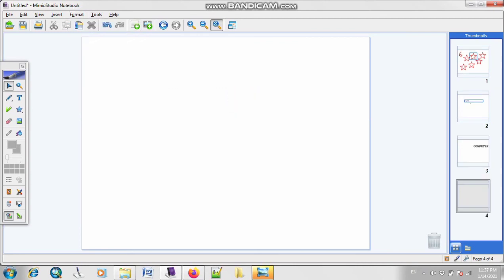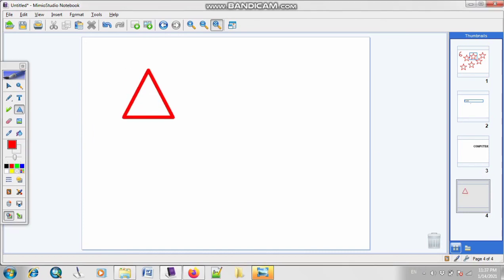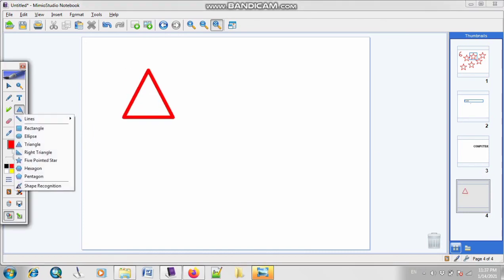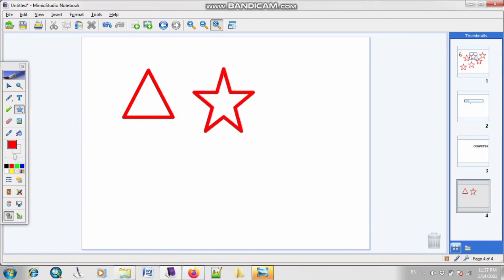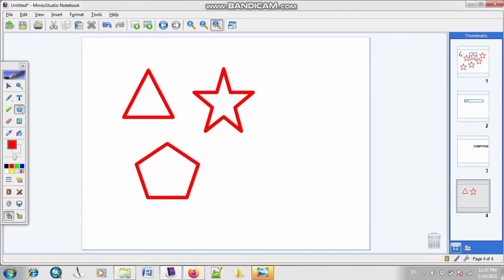Let me take a new page. Okay, I'm going to draw some shapes over here. I will draw a rectangle. One more, let me draw a star, and one more shape, pentagon. Okay, so as you can see, I have drawn three shapes.